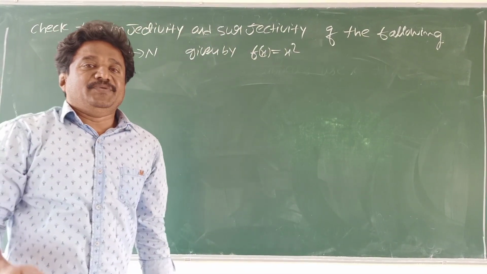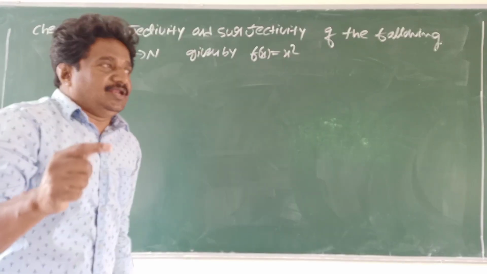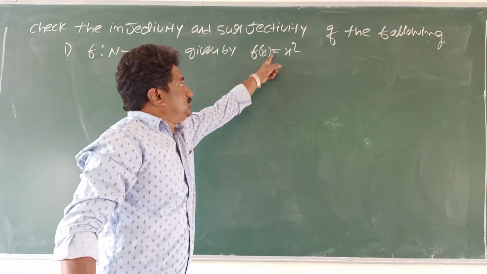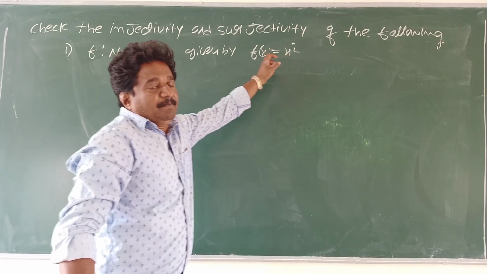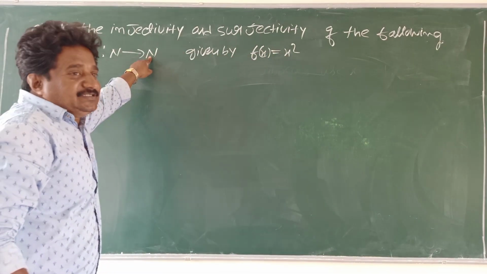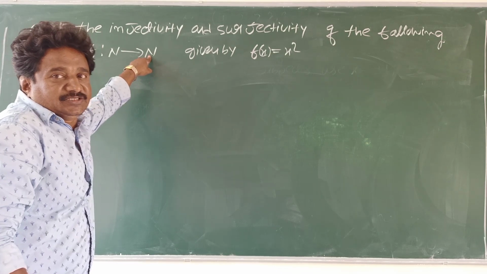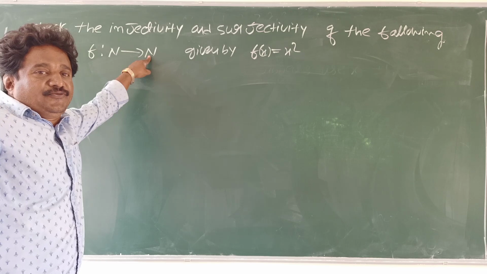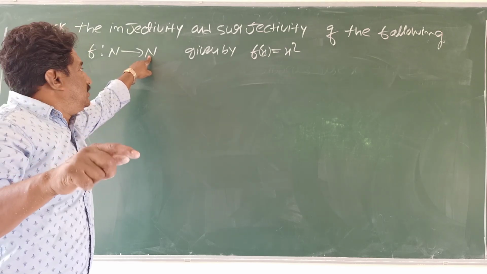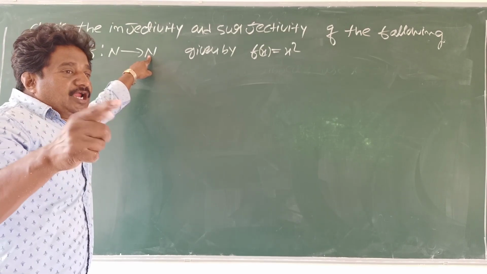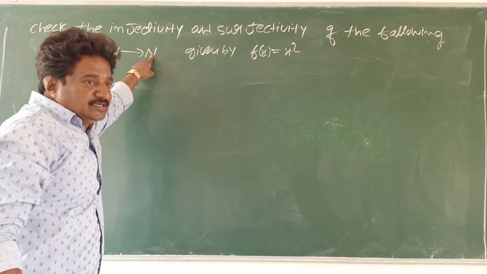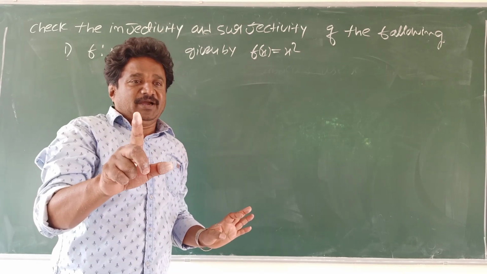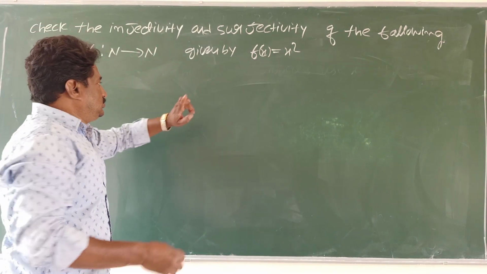Students, before solving, you analyze. You analyze in mind f(x) equals x square is given, but in the given set of naturals, tell me, naturals 1, 2, 3, 4, 5, we won't get, there will be no negative numbers in the naturals. That means we won't get failed subjects. Keep that in mind.